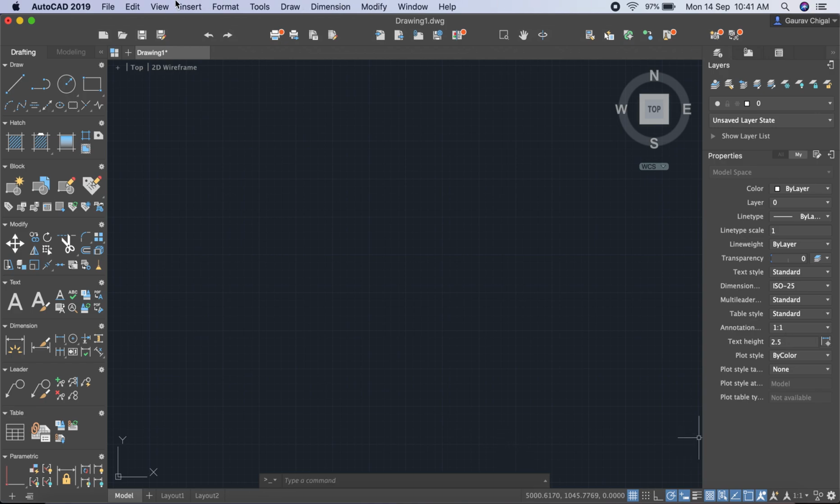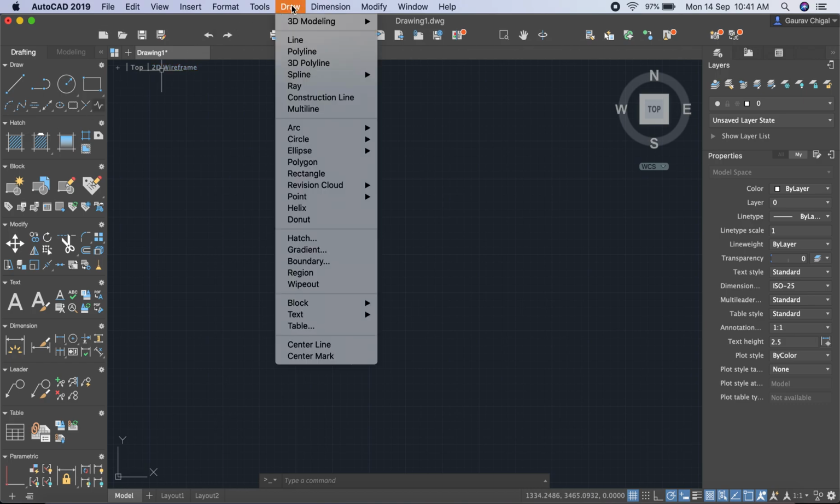AutoCAD, in which we discuss the various other commands. So you can go directly into the command ribbon and go to the second option here, written as hatch. And if you want to go through the draw option here, click draw. You can see hatch and gradient. So today's commands will be hatch, gradient, region, text and table. We also discuss center line and center mark in this lecture today.